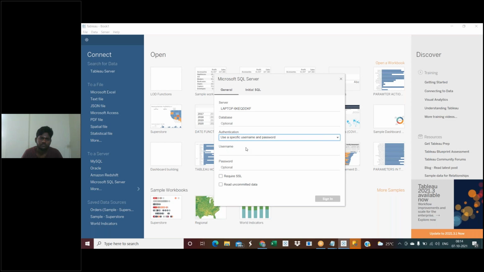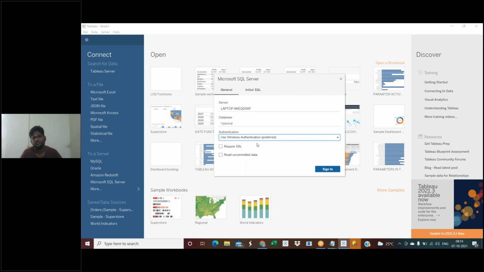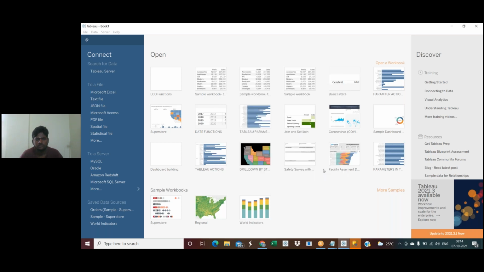They are going to provide three things for you: the server name or IP address, the username, and the password. They will provide you these three things. As of now, I'll connect with Windows authentication, but in other classes I will show you how to connect to my server as well. Even for my company, I'm using SQL Server. So I'm going to sign in with Windows authentication. It is the same way. We are not going to do anything.